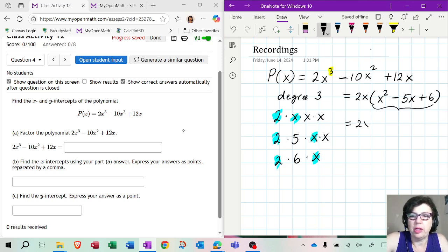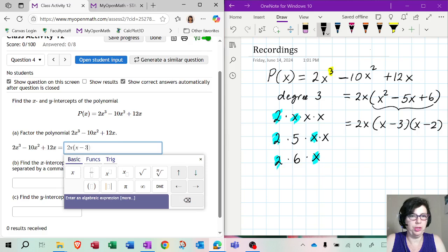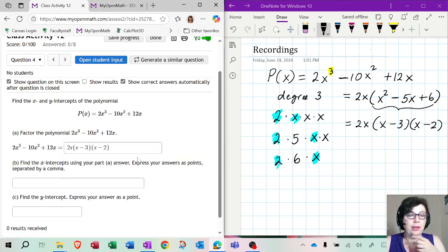And that's not hard because we're looking for two numbers that would multiply to 6 and add to -5. So that is a piece of cake. That's just x minus 3, x minus 2. Okay, so we factored it. Let's see if we can just come up with that here. Okay, and the next thing we do is we're going to look at what are the actual x-intercepts.